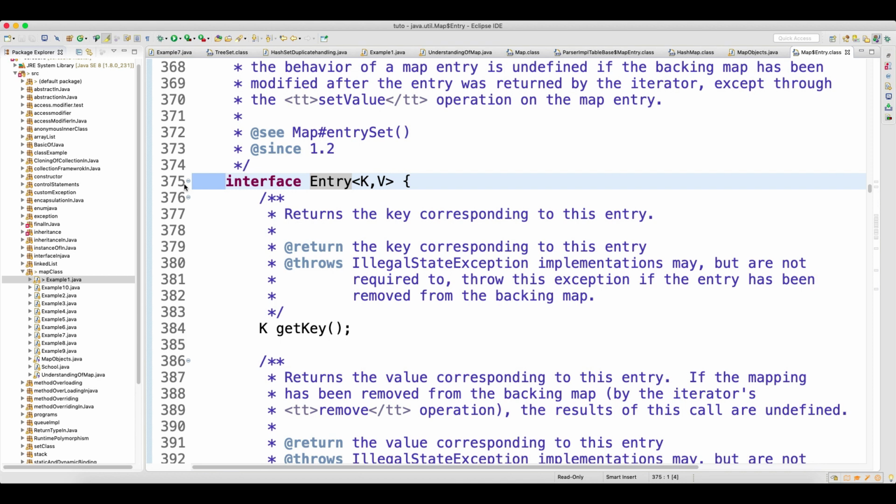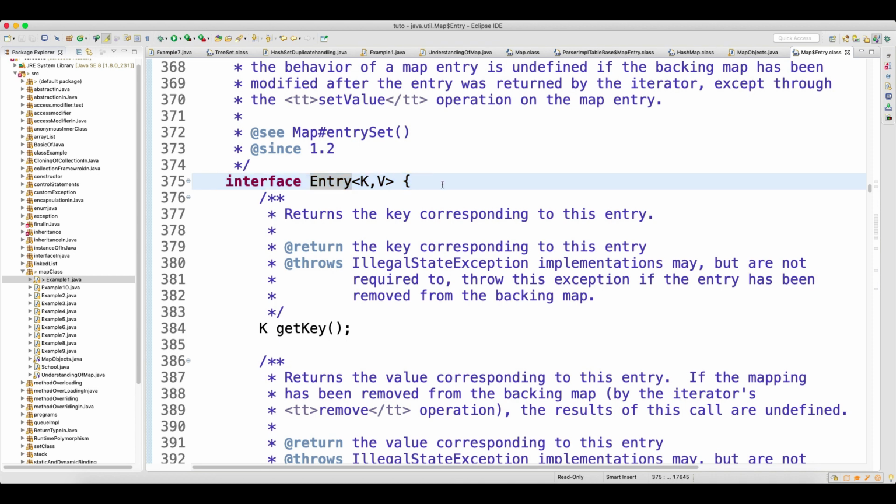Similarly, this entry has a scope only within the map interface. Clear? You can see the real-time use of how they have used it in collections.